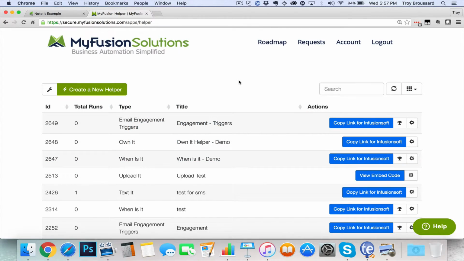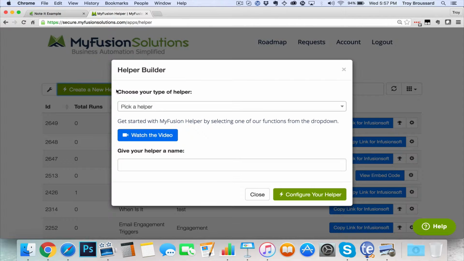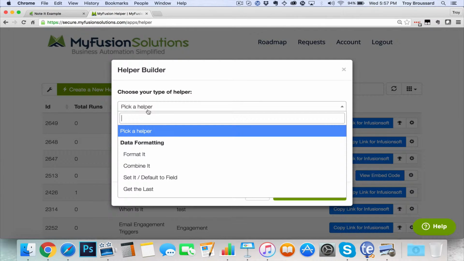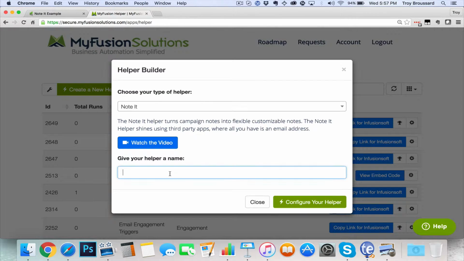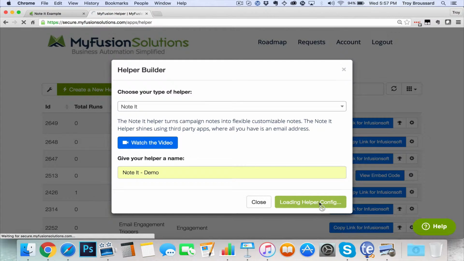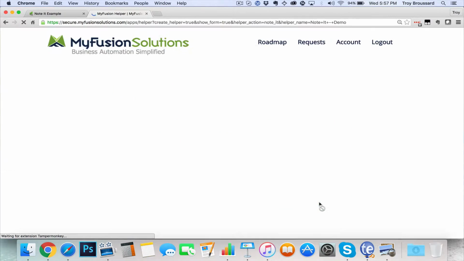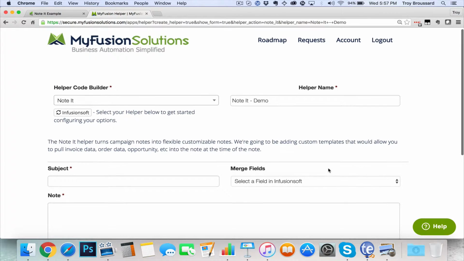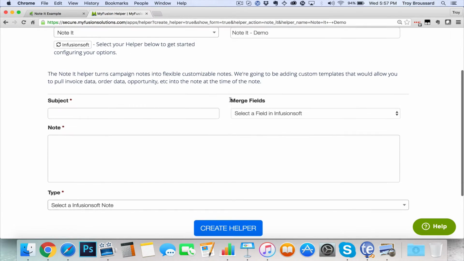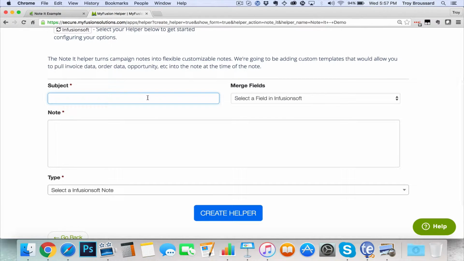Okay, so here we are inside the app, and I've already logged in, and so what we're going to want to do is create a helper, and this is going to be for our Note It helper. And we'll give it a name, call it Note It Demo, and go ahead and click to configure and create the helper. Now, when we come into this screen, what you're going to find is that you have just a couple of different options. You can set the subject for the note, and this can just be